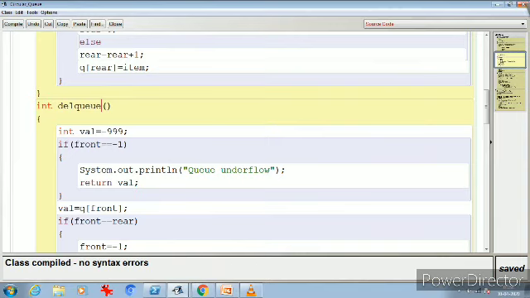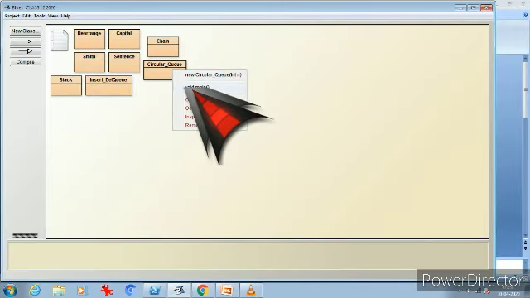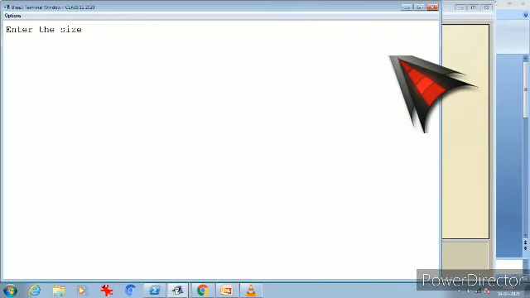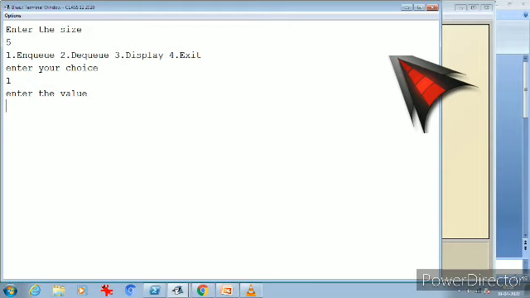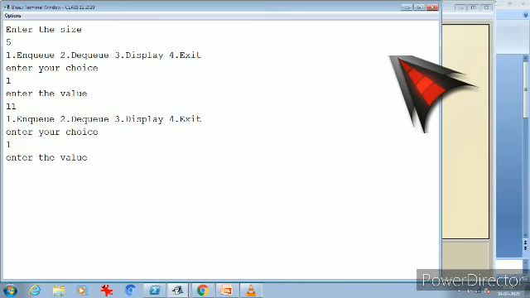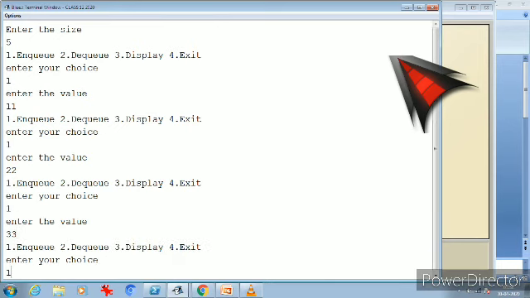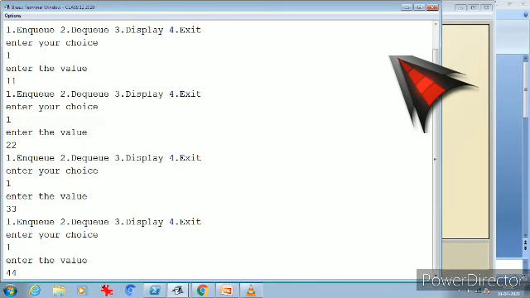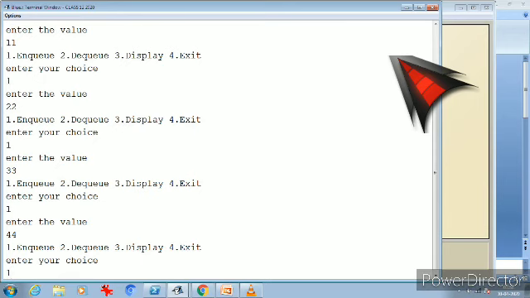Let's run the program. I'm giving the size as 5 and doing an enqueue, giving the values 11, 22, 33, 44, and 55.